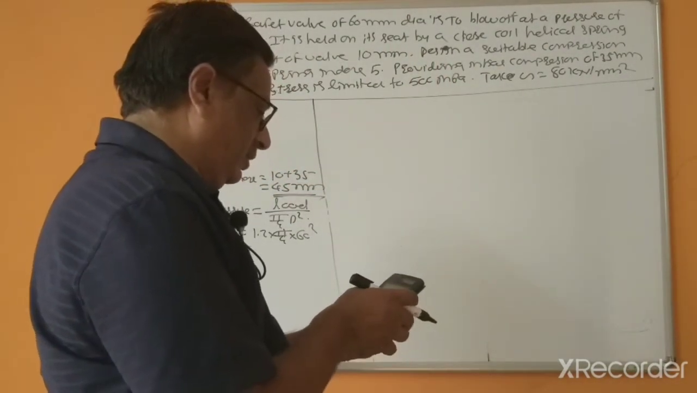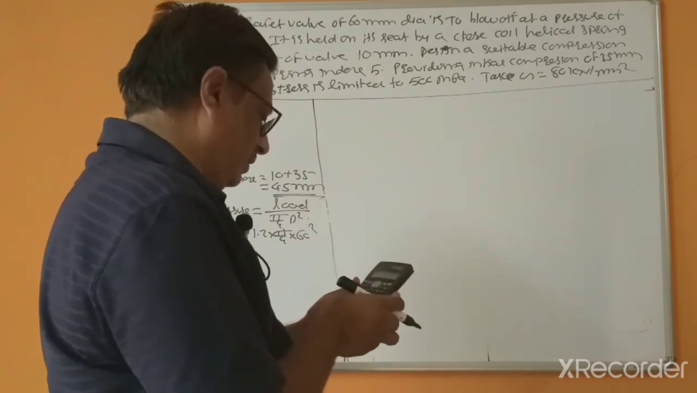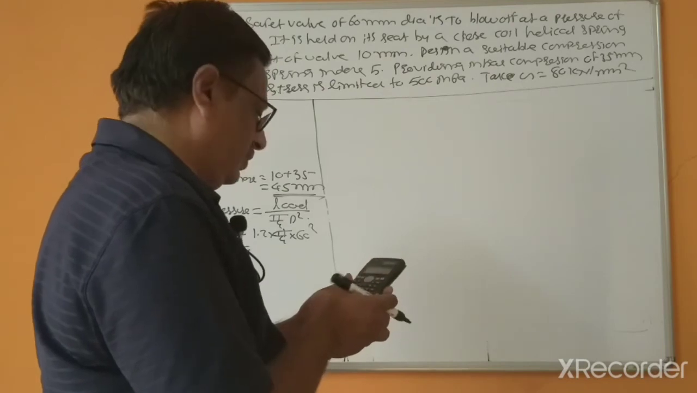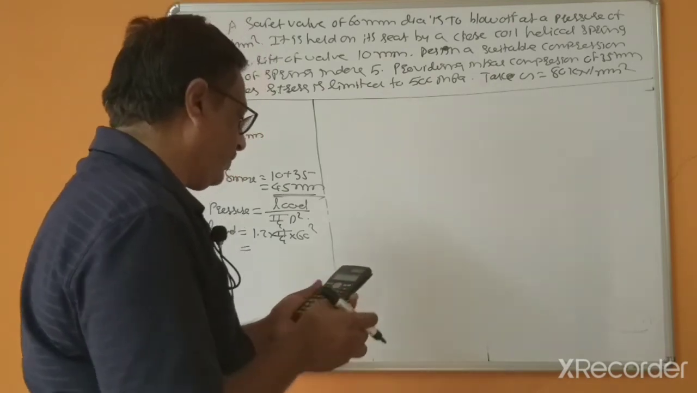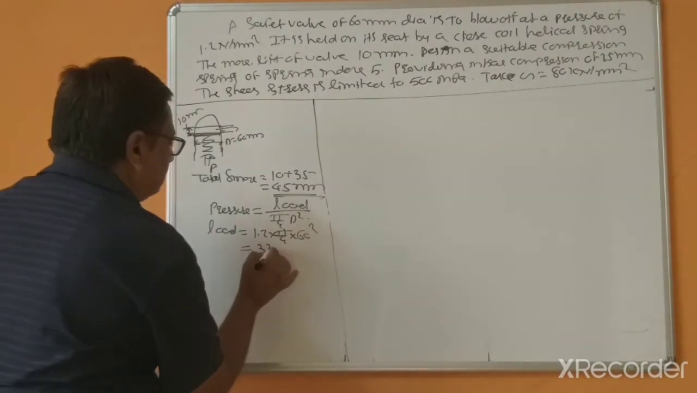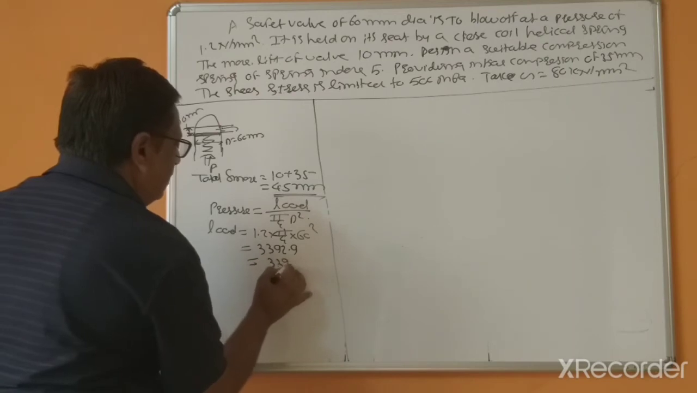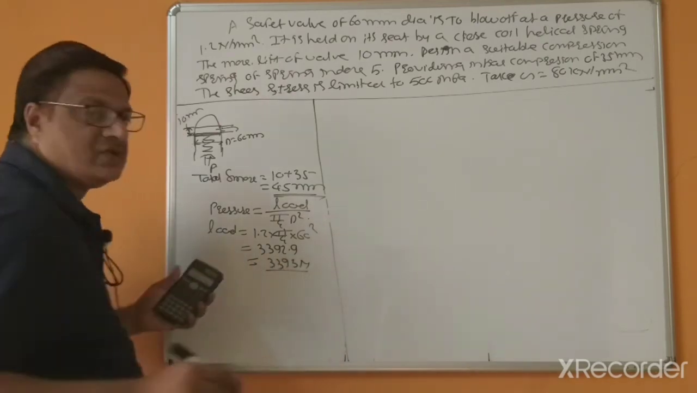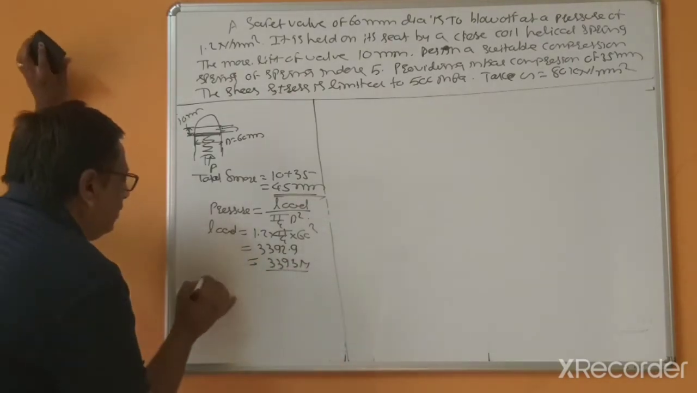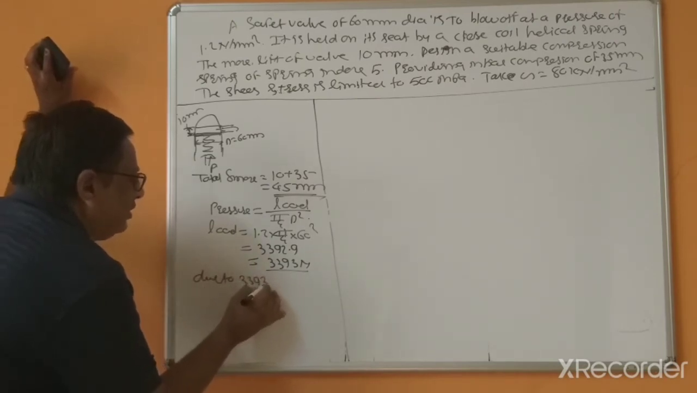60 squared multiplied by pi multiplied by 1.2 divided by 4. This is equal to 3392.9, so suppose this is 3393 newtons. Because of this 3393 newtons load,